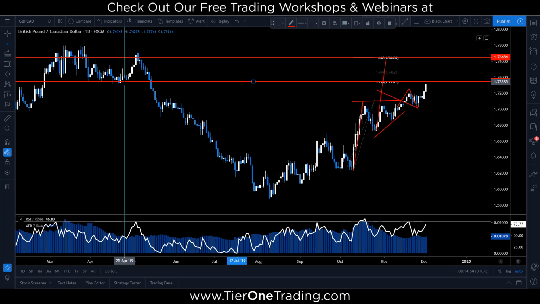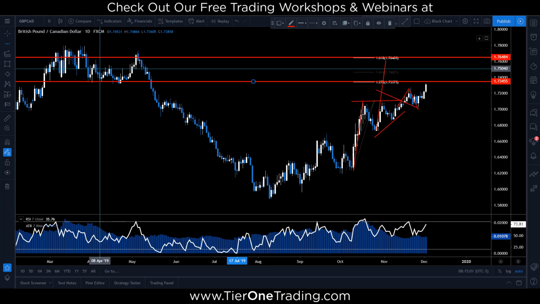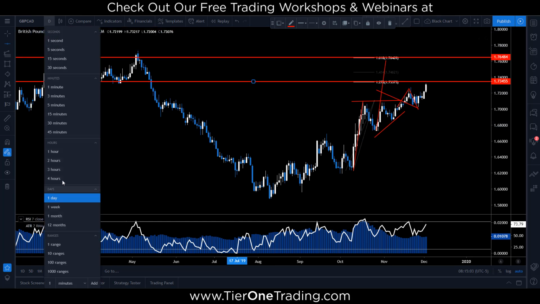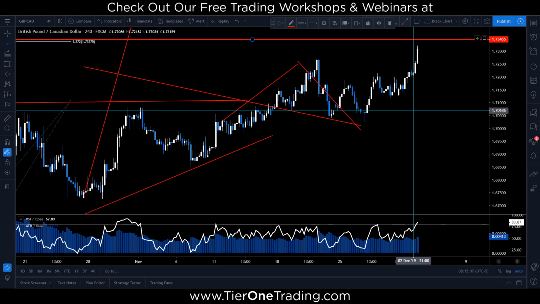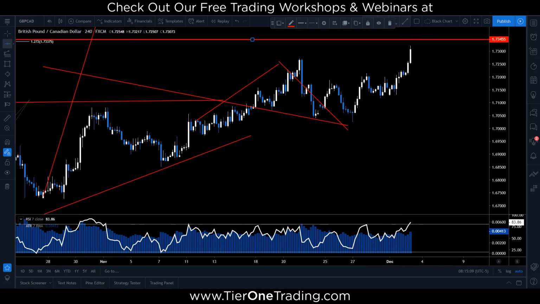If you're someone that's saying, hey, I think we can continue higher, then you still have a lot of room, a lot of space for opportunity. Head down to the 4-hour, give us a clear picture of what's going on. Again, that red line is going to be our 127. Here is the most recent